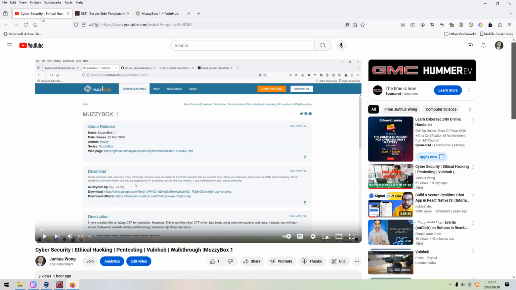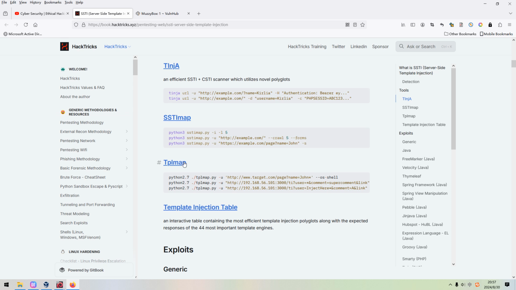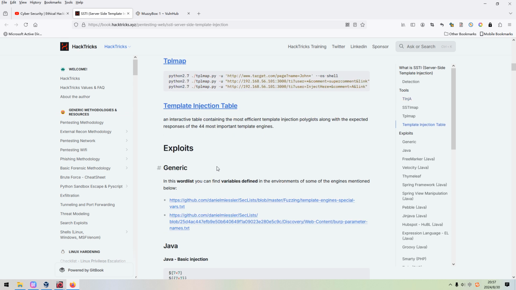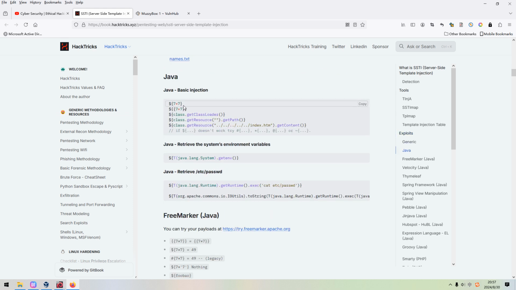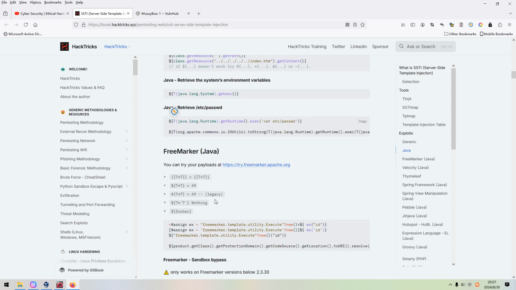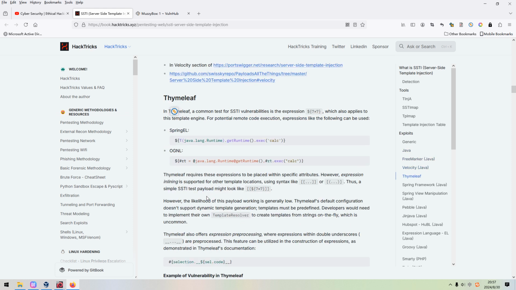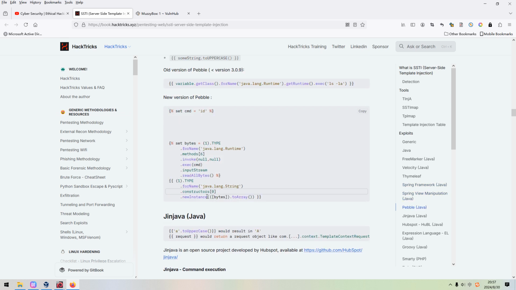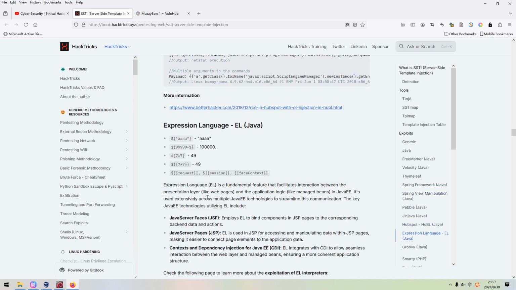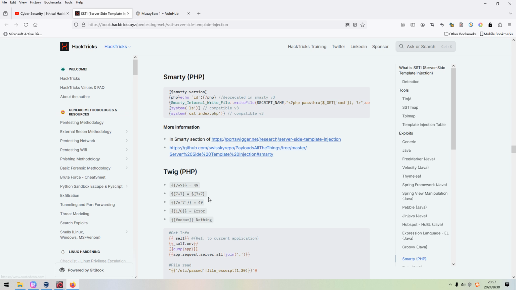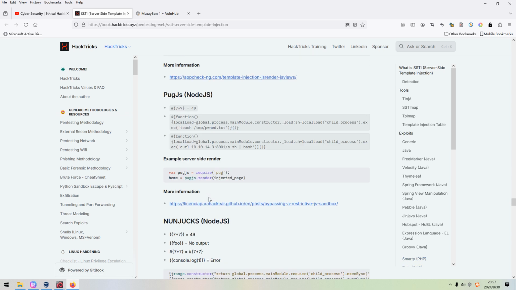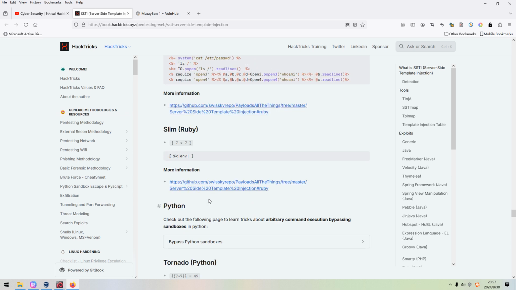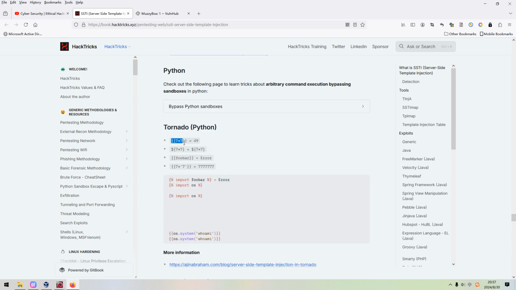In the other video, I utilized the utility TPL map, but this video will use the manual way to exploit this vulnerability. Maybe I need to find the payload for Python rather than Java or PHP. Okay, we can try some payload.